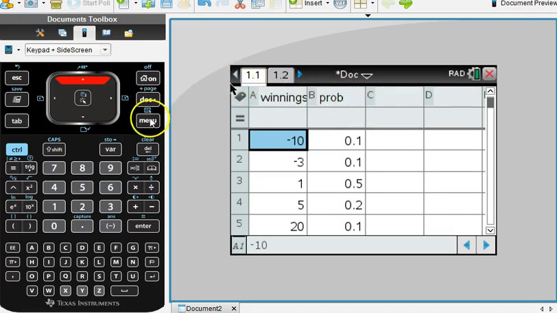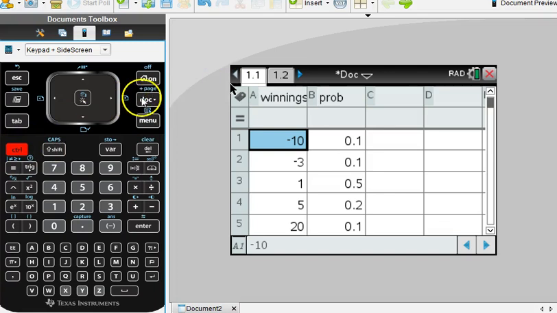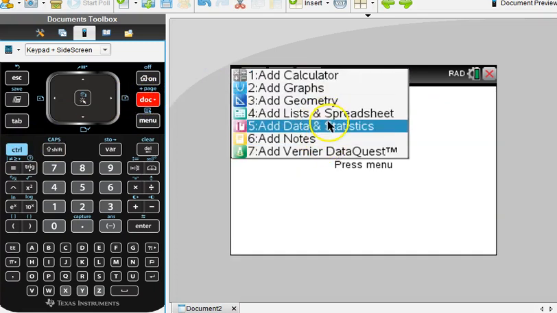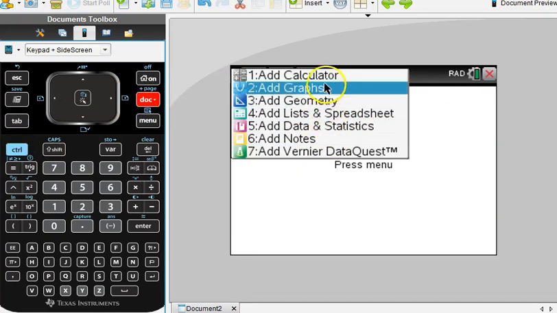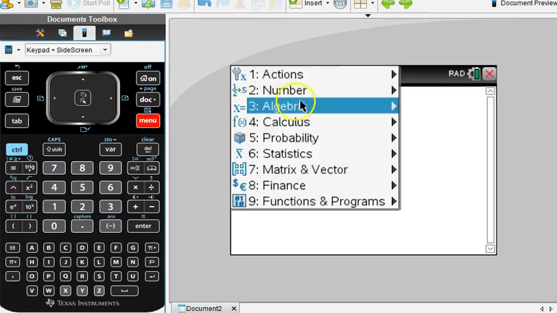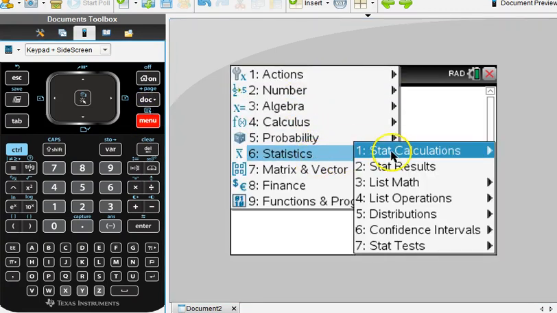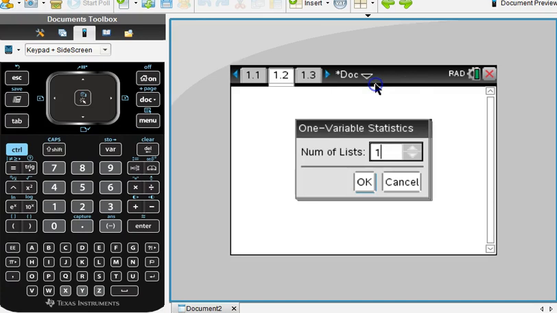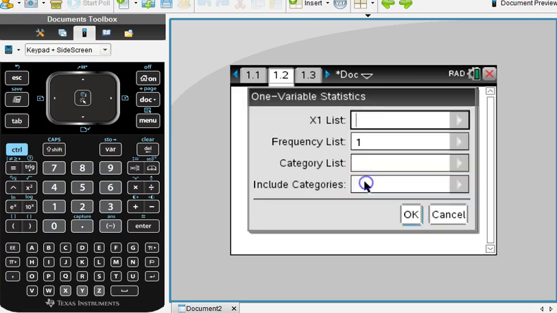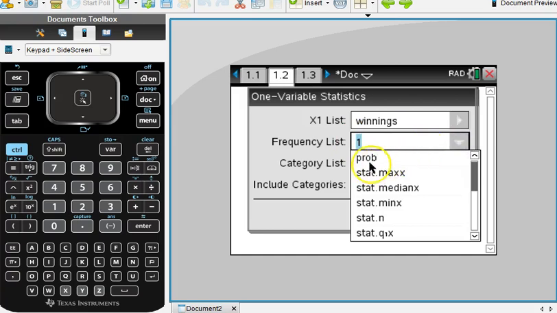So if you go to the calculator page, go to data, go to menu, 6 statistics, 1 stat calculation, 1 variable statistics. Now notice I'm not using two lists, I'm only using one list because only one list has data in it. So my X1 list, my list of winnings, it goes here. The frequency list, and instead of saying the frequency of each value is 1, now my frequency is my probability